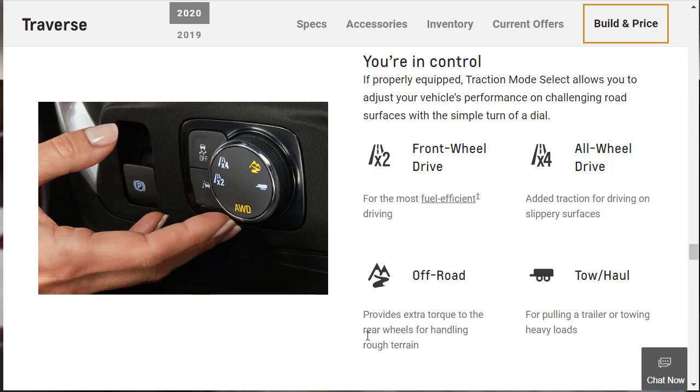Okay, so there's a traction mode. All right, this is what this traction mode's all about. So you can make it front-wheel drive. You can have it be all-wheel drive. You can set it up for tow and haul, and even off-road, which provides extra torque to the rear wheels